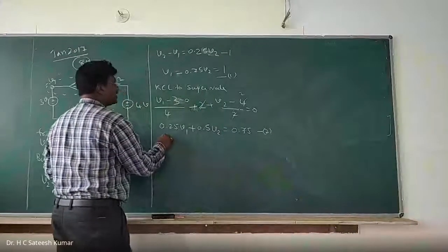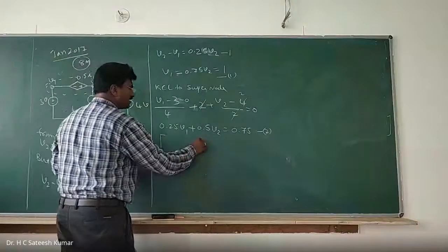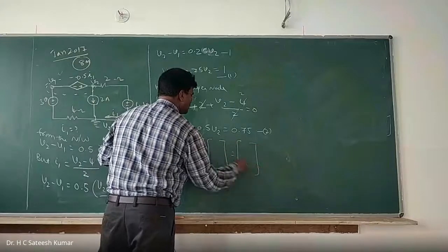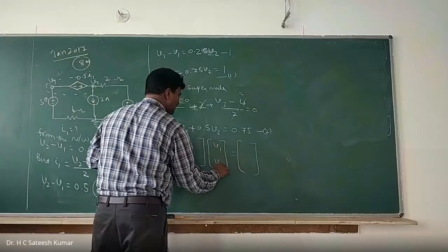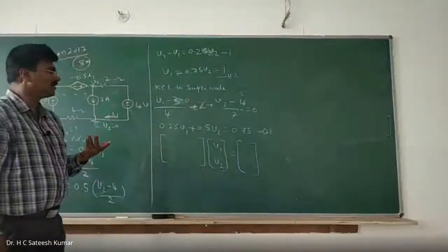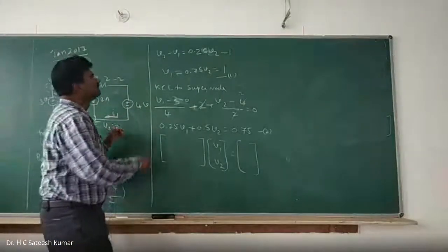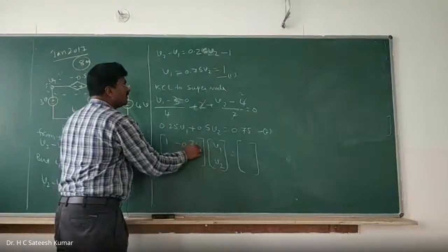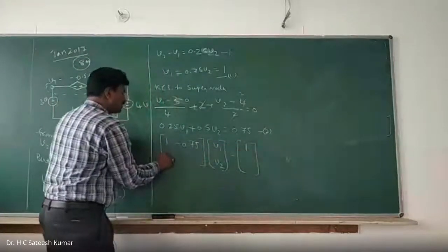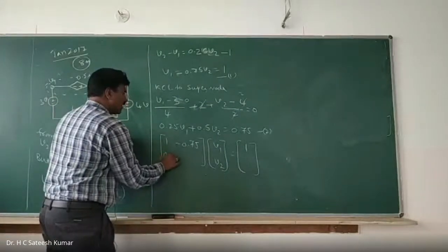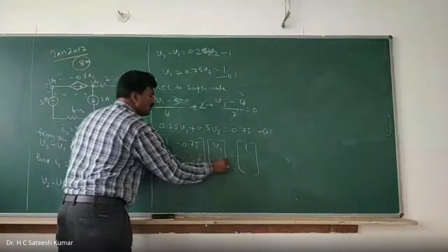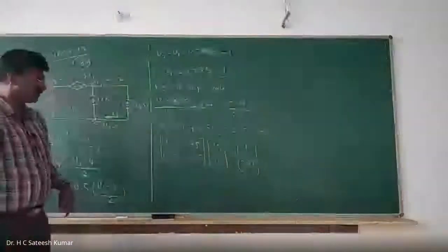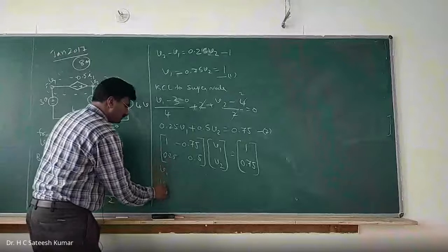That's all. This you can do it in calculator only. So now write down the matrix. Do it using simultaneous equation. This can be easily done using calculator because simultaneous equation with real values can be solved using calculator. Go for the equations and solve it. V1 coefficient 1, minus 0.75, 1. Second one 0.25, 0.5, 0.75. Okay, right. Solve this one and you will get V1 and V2.